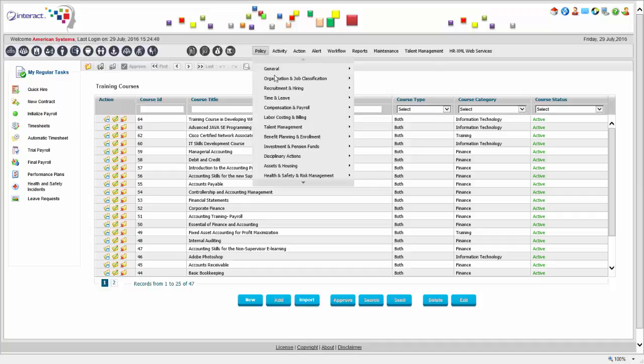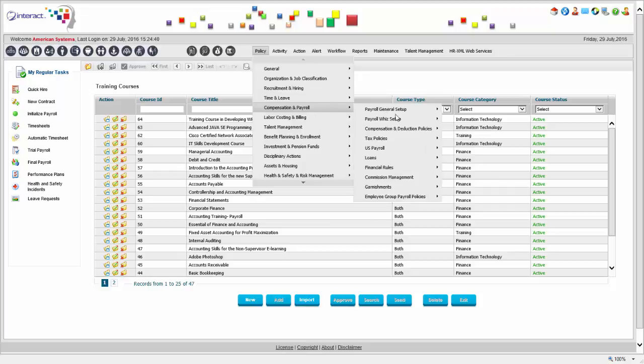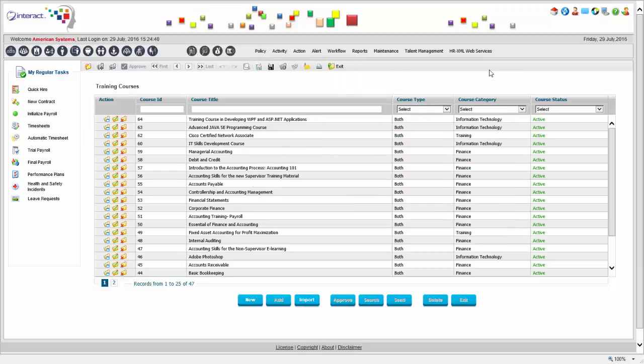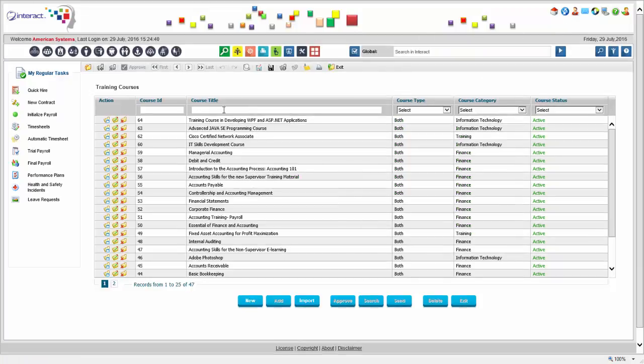Others will not be shown. Now, the same thing goes for my payroll. Here I have my payroll general setup and my payroll and compensation policies and so on. We'll come to all of this in a minute. I'm going to go back to my standard menu search,